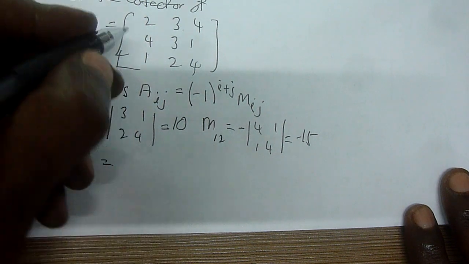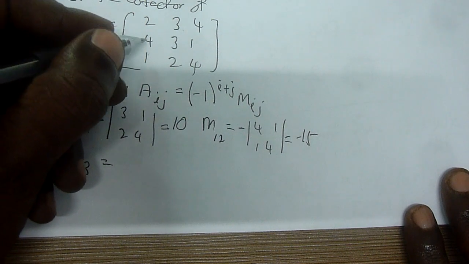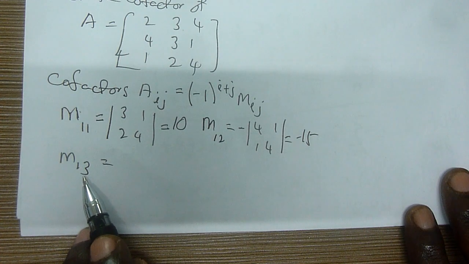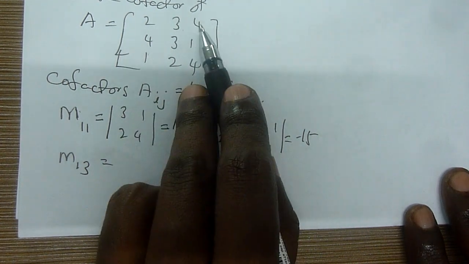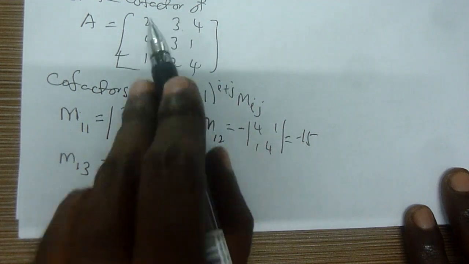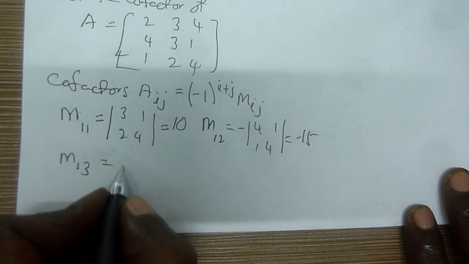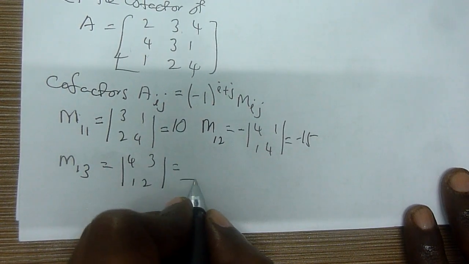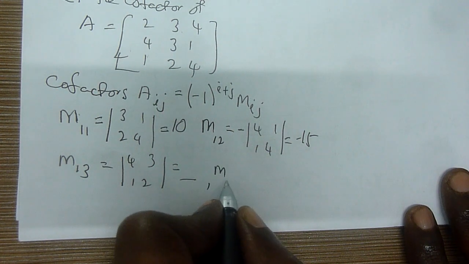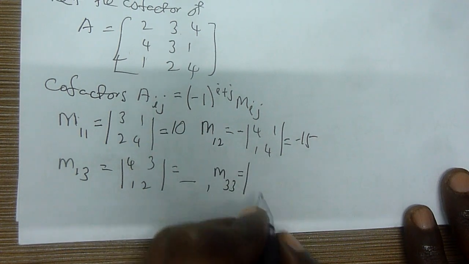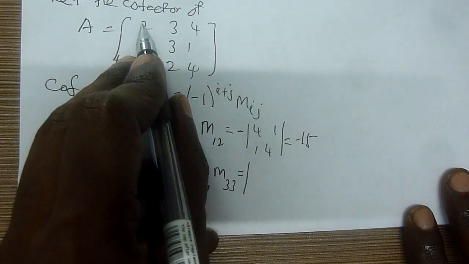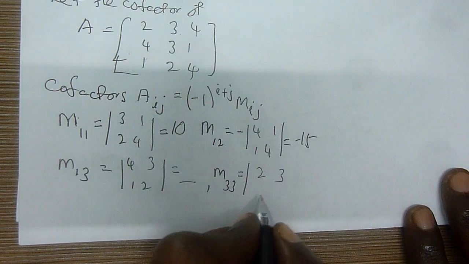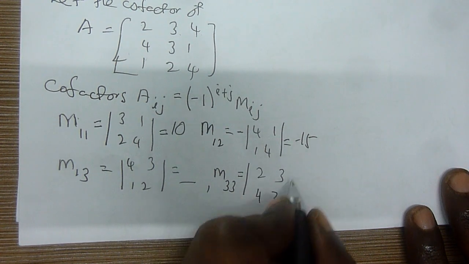Row number 1, column 3 here, we are moving one by one, right? You will get 4 3 1 2. Then you continue working on all the numbers, you must pick one by one until you get all the possible numbers